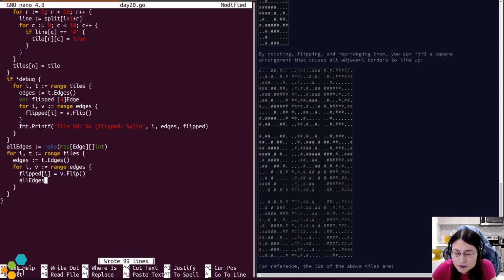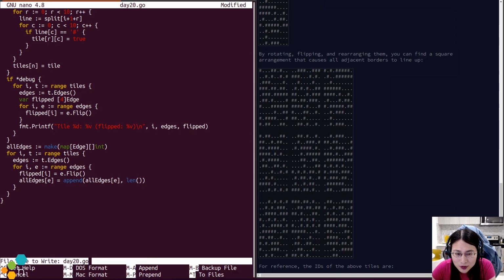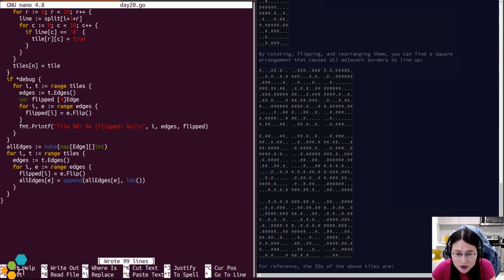Okay. All right, all edges E. See whether the silly way solves my problem the easiest. And we append E. And, append I.